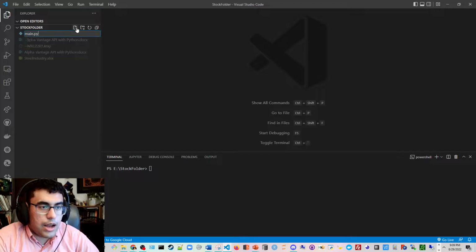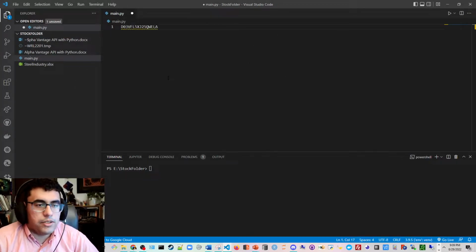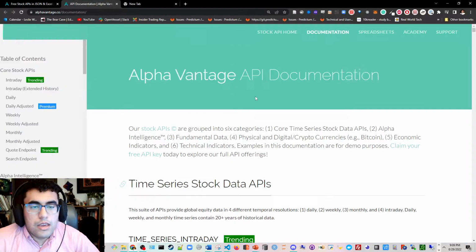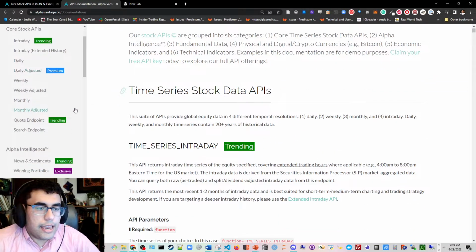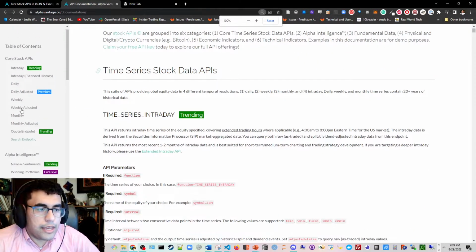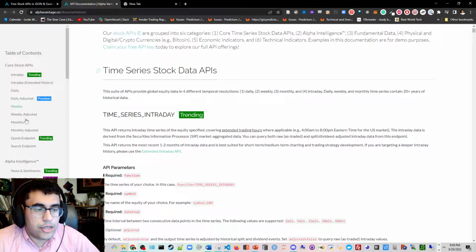I'm going to save my key in a .py file. So we just made a Python script here. I'm just going to throw the key in there right now. And if you go here, let me zoom out, you can get stock prices, daily adjusted, weekly,